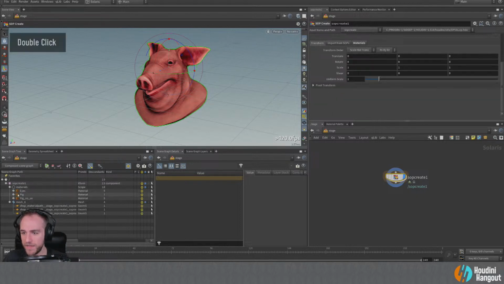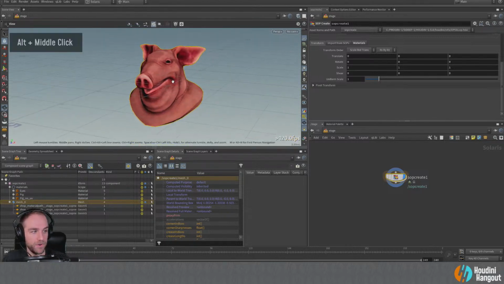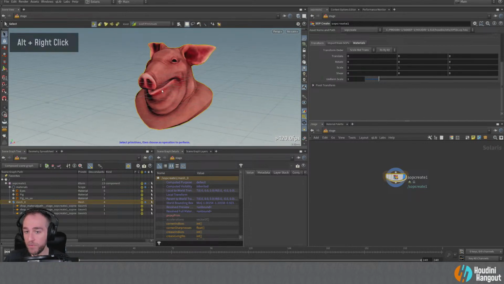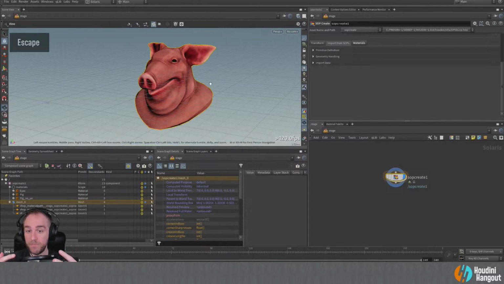Okay, so we've got our SOP create, we've got a mesh, it looks like here. We've got some really weird shot material path things going on here. We've got some shaders. You can see these are materials here. So now we're looking at more or less the same pig geometry that we had before. But why is it kind of coming in this way, and what are we getting out of this? So what we have that's a little different in USD and in Solaris is the idea of kind of this import step, right? Where we're bringing it in from SOPs and we have to transfer it into the USD framework.